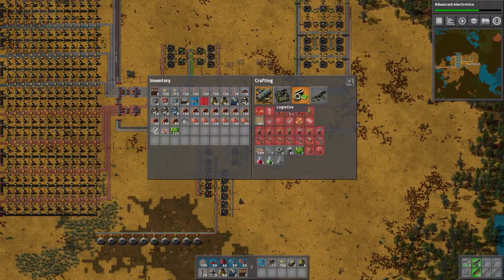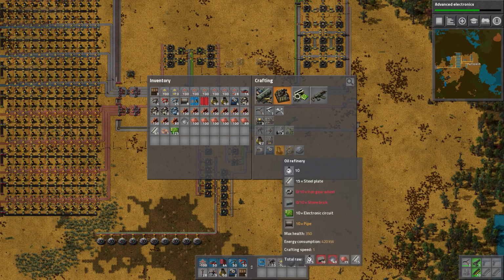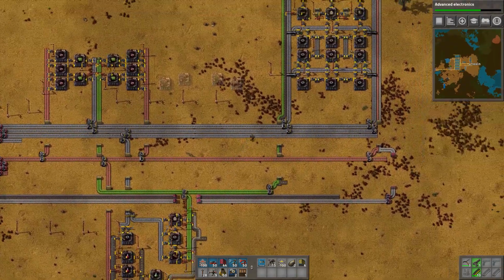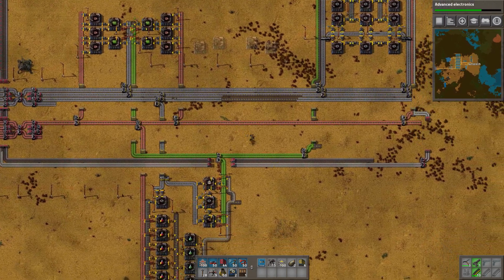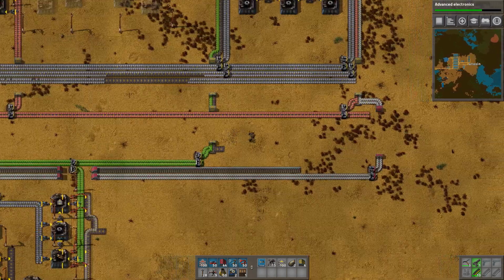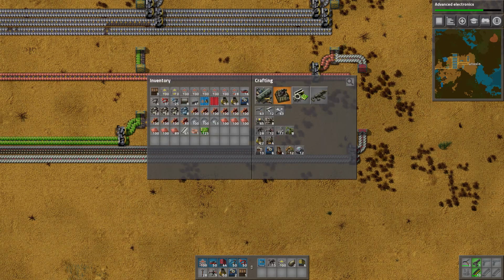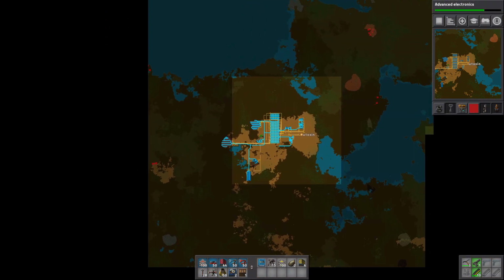Do I have oil processing? In theory, yes. I need stone bricks and some iron. Okay. Let's grab a bunch of iron off the belt. Grab some stone brick. There we go. Okay, cool. Now, where do we have...